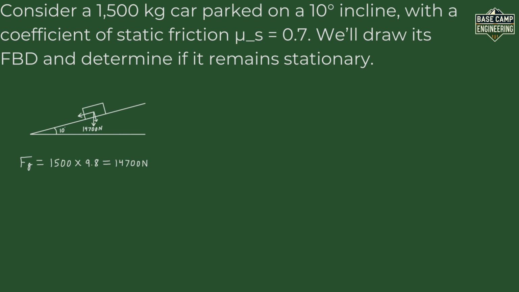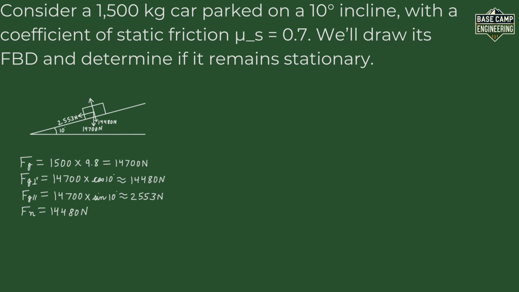Perpendicular to the incline, F gravity perpendicular equals 14,700 multiplied by cos 10 degrees, which is nearly equal to 14,480 newtons. And parallel to the incline, F gravity parallel equals 14,700 newtons multiplied by sine 10 degrees, which is nearly equal to 2,553 newtons downward along the slope. The normal force F normal balances the perpendicular component, so F normal will be equal to 14,480 newtons upward, perpendicular